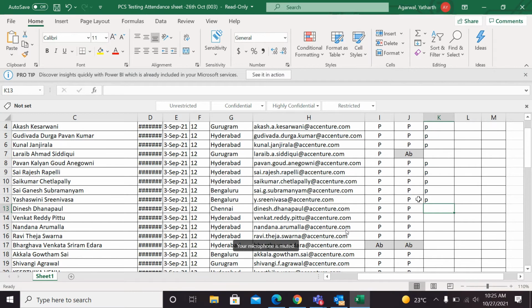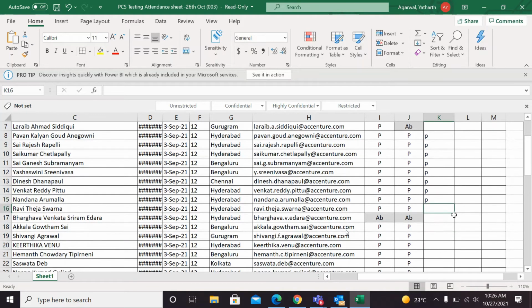14, Venkat, present. 15. Guys, please answer fast. 15 I'm asking, not 13. 16. 17. 18. 19, present.